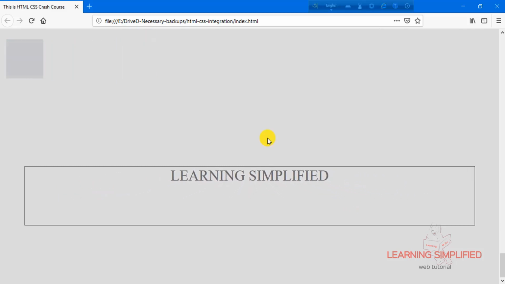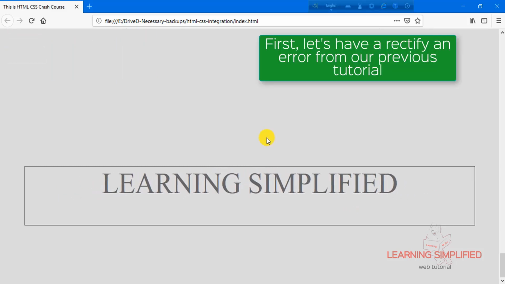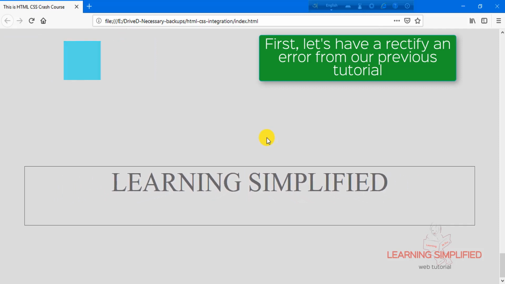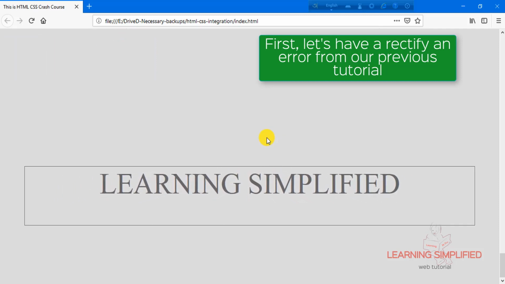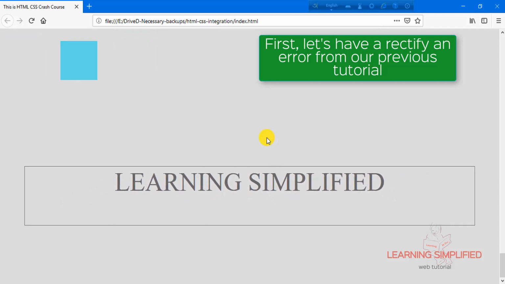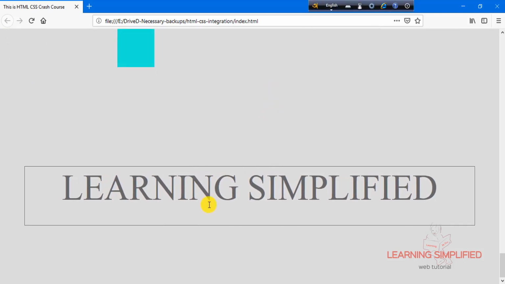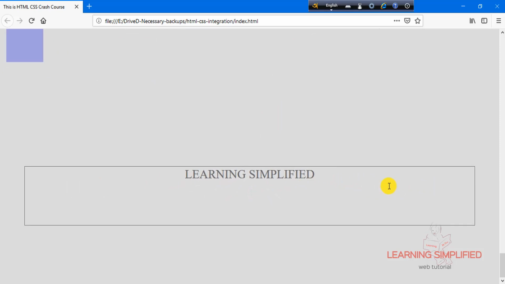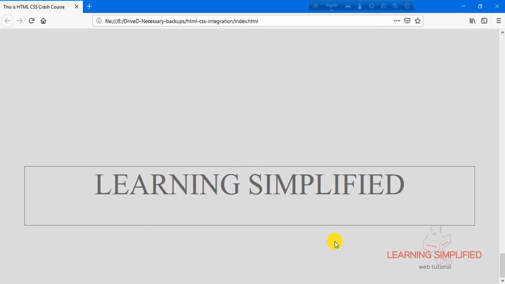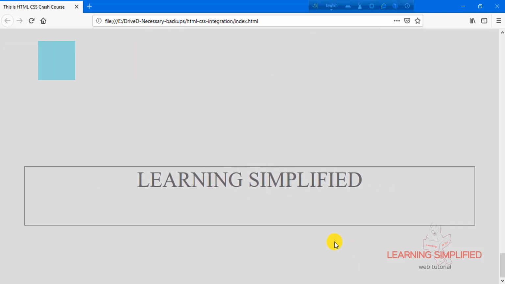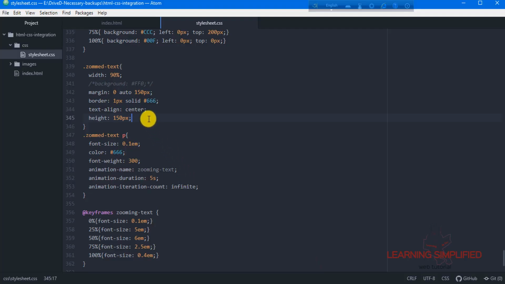Before we move on, the first thing I would like to say is that in our previous tutorial, demonstrating basic text animation, we created a text animation using keyframes, but there was a floating condition of this text.